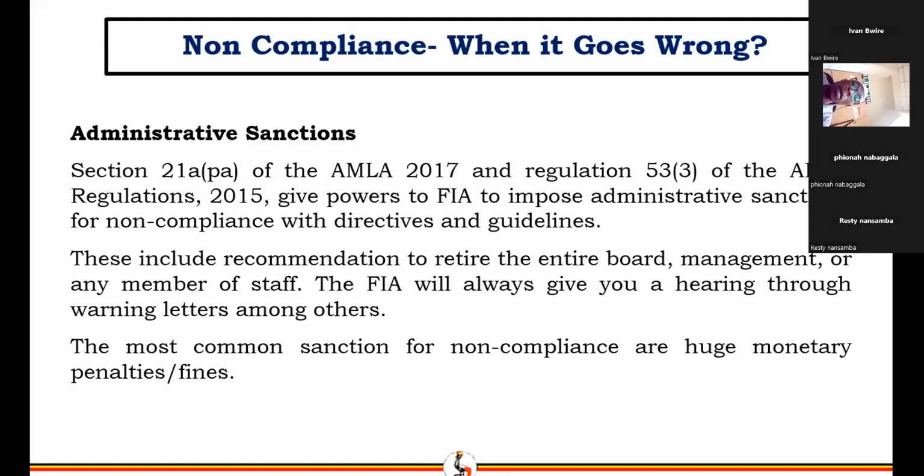Yes. How do you deal with records after 10 years? Do they cease to be useful? This is with regards to keeping records for 10 years. You back up that information in soft copy. If you want to get rid of the physical records, you can, but they should be backed up in soft copy. So even after 10 years, they are still required. Okay. How do I submit large cash? Very soon, which is something we are going to go through. It's part of the agenda. The recording is being made and will be shared with all of us.